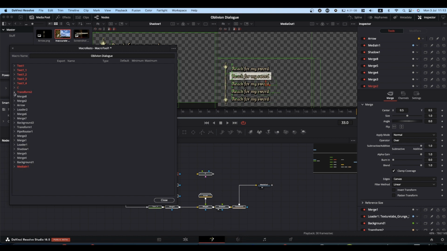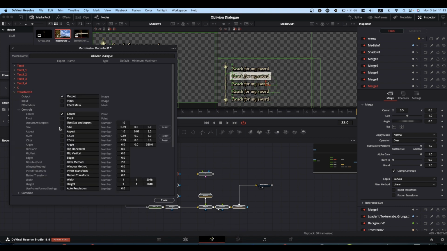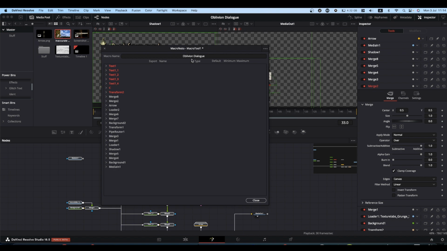And finally, in the transform, we want center and size, and again you can rename them to whatever you want. Once you've got all your labels and all your controls checked, so we've got our macro set up with all our controls, come to the three dots at the top of the macro window, click Save As Group,